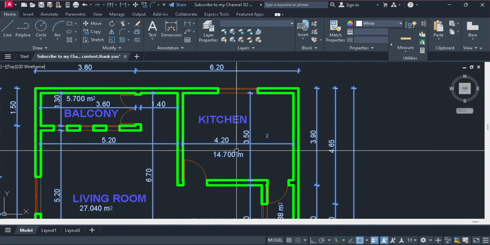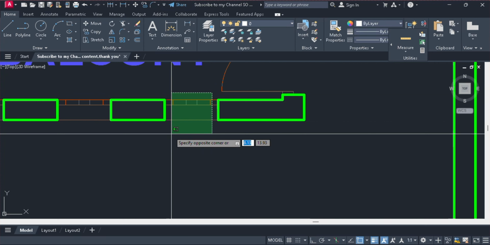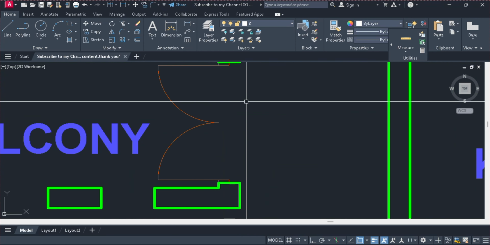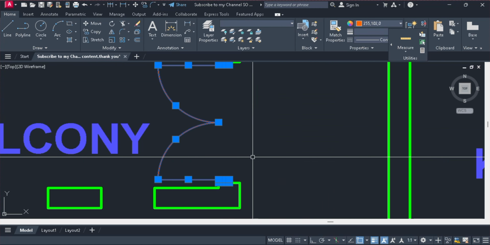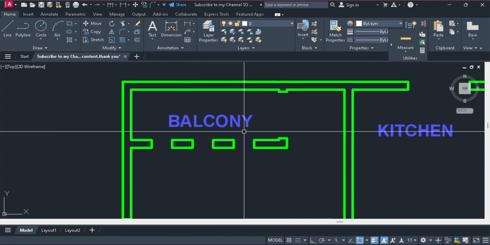select similar, and we'll delete all of them. Then for the windows, we are going to do the same thing. We are going to select the windows, right click, select similar, and we're going to delete everything. I will repeat the same for doors. We are going to select on the door, right click, select similar, and we're going to get rid of all of them by deleting. Now we are just left with the wall lines, and we are just going to place